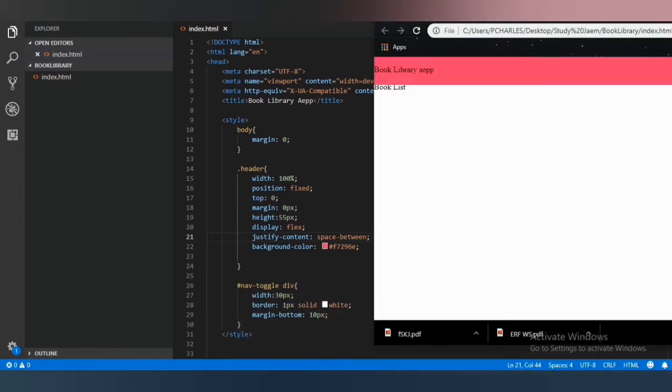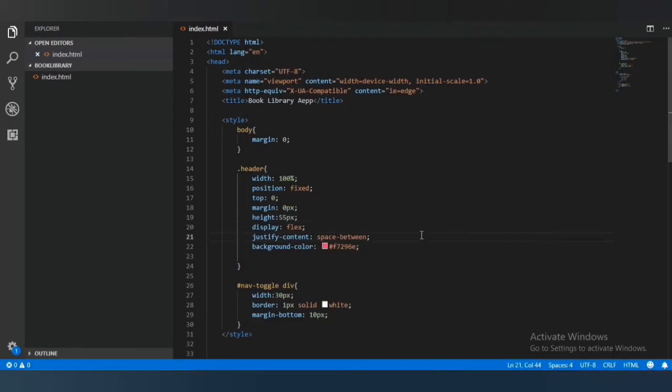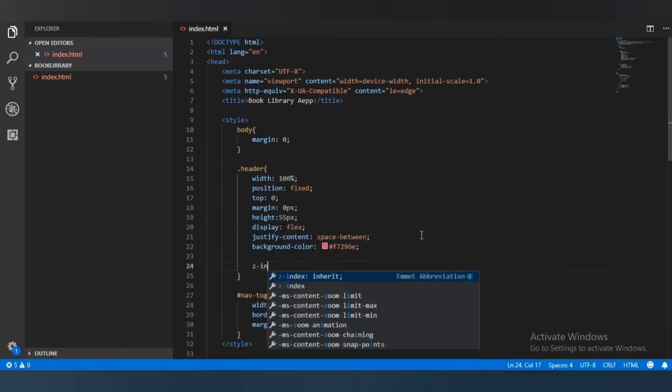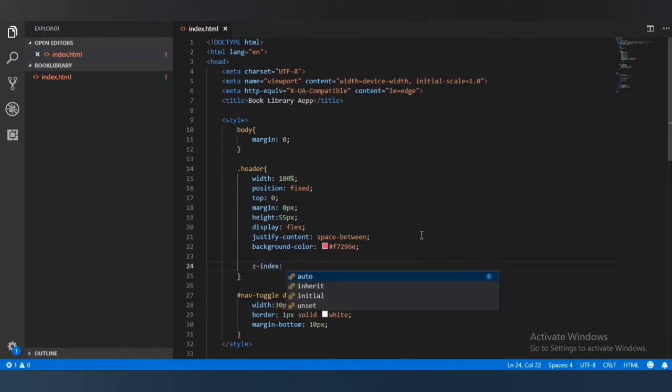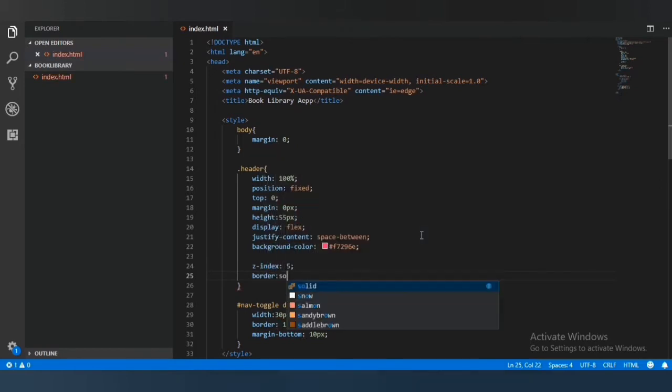So Control R now. Okay, let's see. Okay, so you can see it right here actually. So I'll come back to this again, and I will also specify that the z-index property of my header should be, let's give it an index of 5 now actually, so it appears above other files, and let's give it a border soon, so that there is going to be a little difference between it and whatever slides down. Solid 2px, then hash f72960. Good. So we actually have